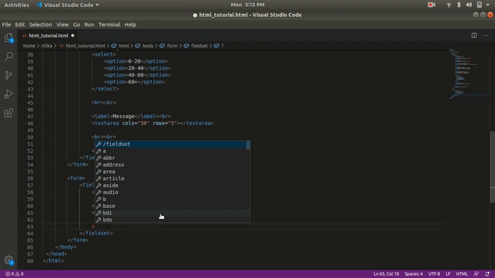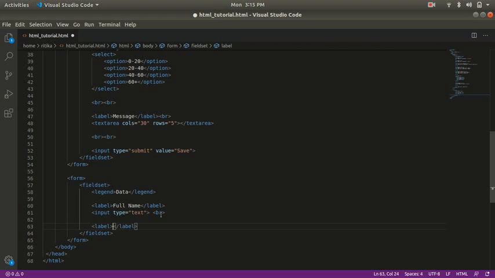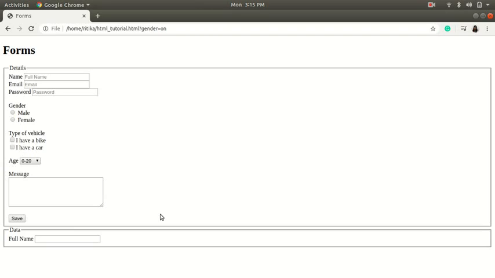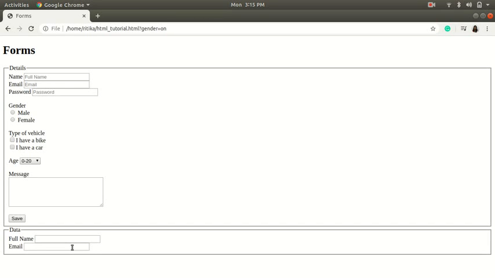and let's write label email, input type. This time we will give email as type because we are informing the browser that this is a type. The input should be a type of email. So we have many more attributes which we will use later, which will restrict the user from typing anything else apart from email. See, we have created email.